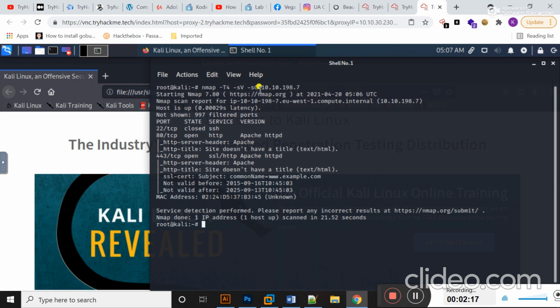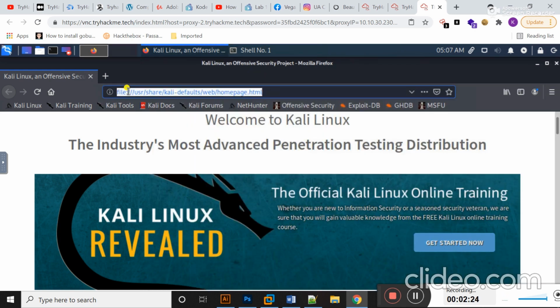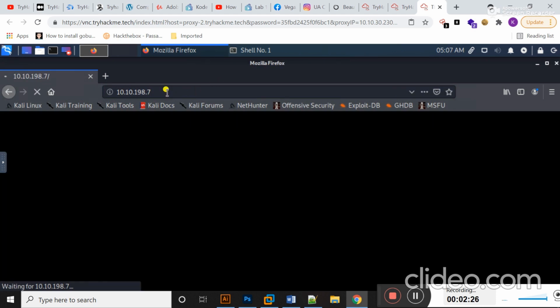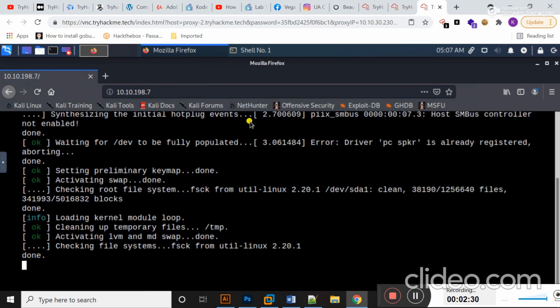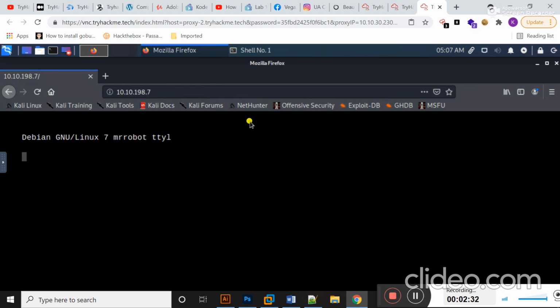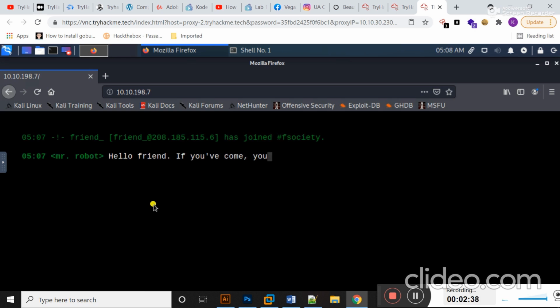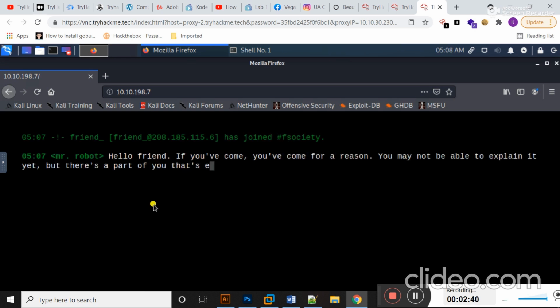Students, if I move to my browser window and try to see what is present on the default port, that is port 80, here you can see I have access to a terminal, and a boot up system appears in front of me.